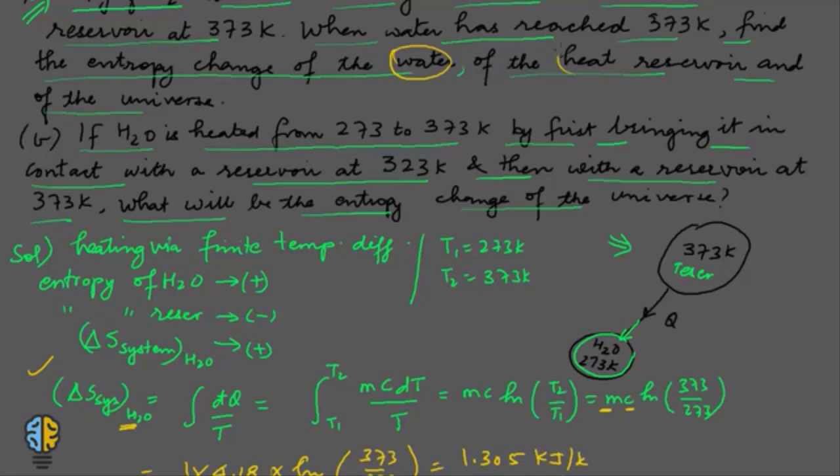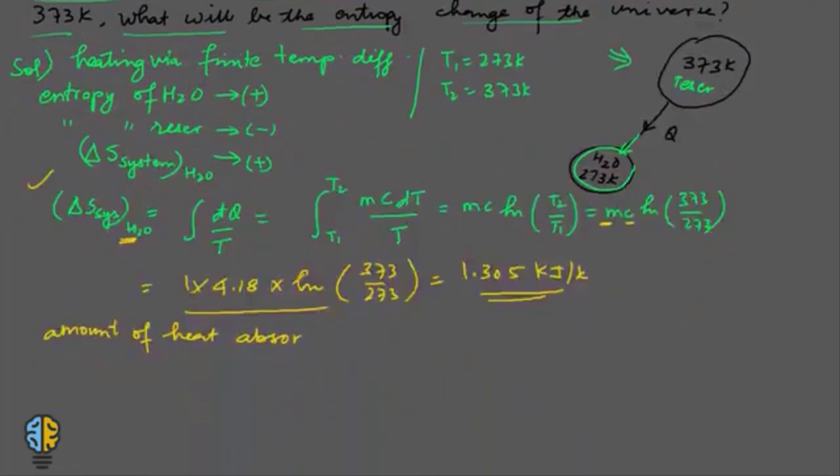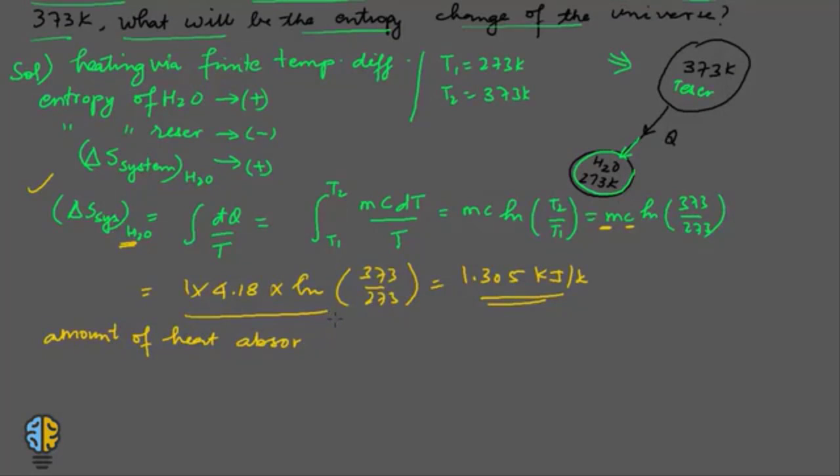Now we have to find out the entropy change of the heat reservoir. So let us find this value, that is the amount of heat absorbed by the system from the reservoir,